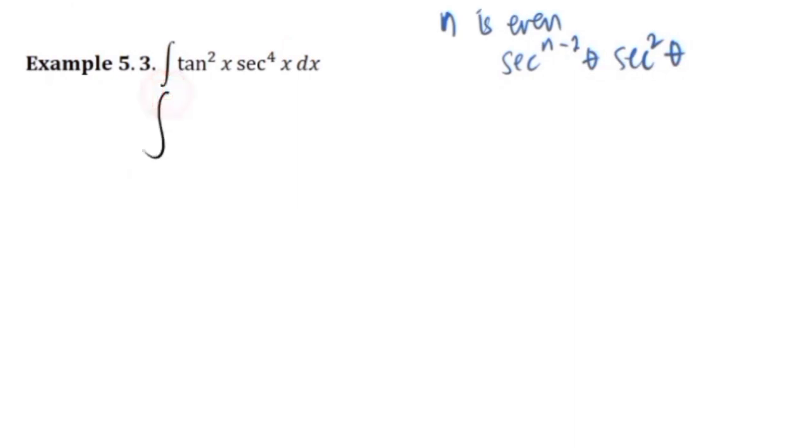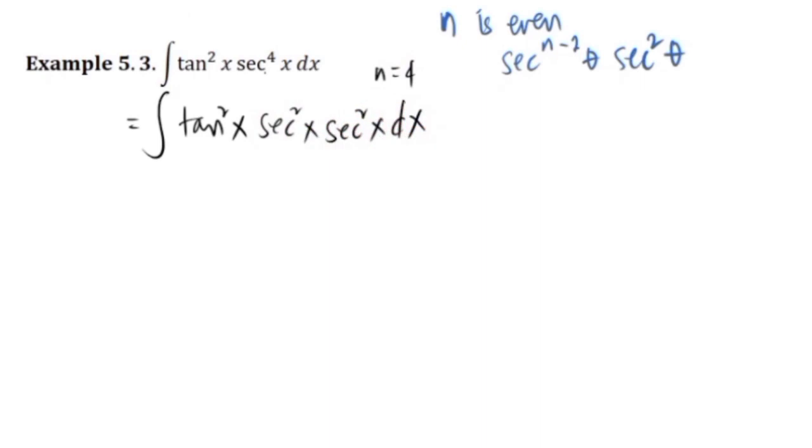So, magkakaroon tayo ng tangent squared x, si secant, that's n minus 2. Since your n here is equal to 4, n minus 2, so that's square, secant square x, secant square x